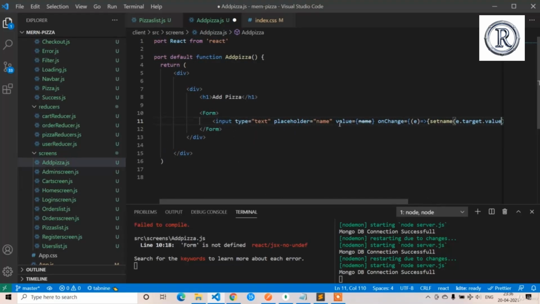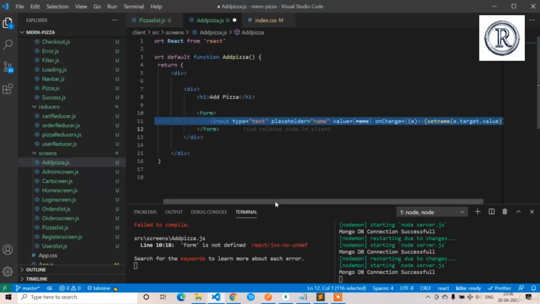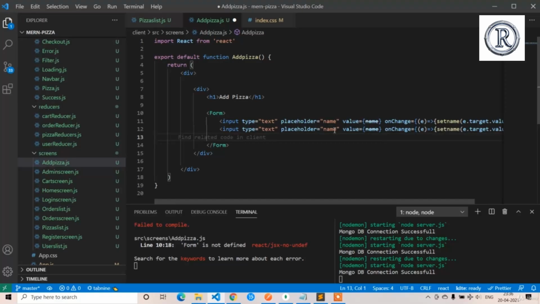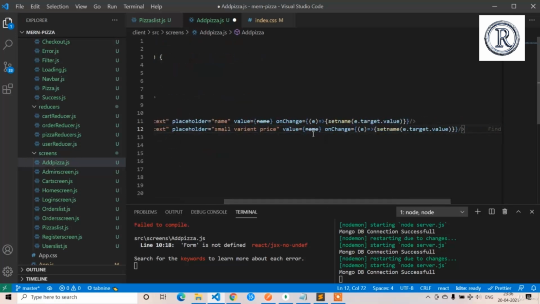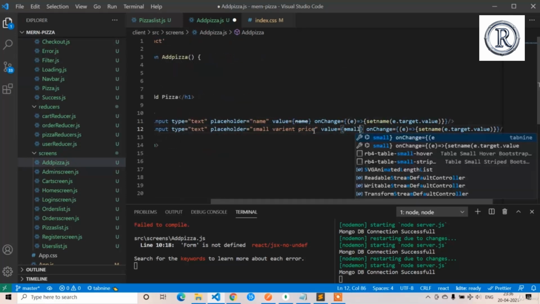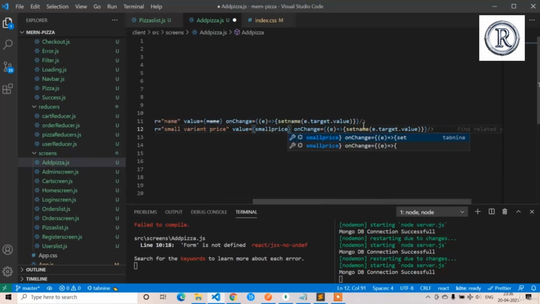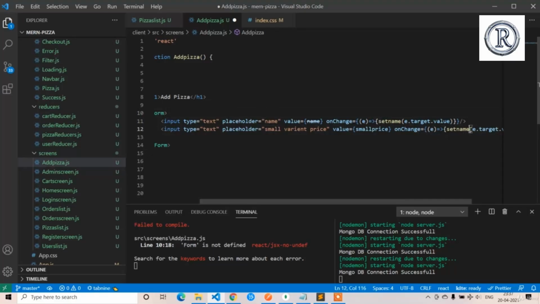Type text to placeholder name value, and we have written the onChange also. So yeah, that's enough. Let's copy this and paste it for the remaining input fields. So after the name we have to enter the small category, small variant price. So here also I am going to write small price, and I am going to write set small price. So instead of writing set name I am going to write set small price, Control S,